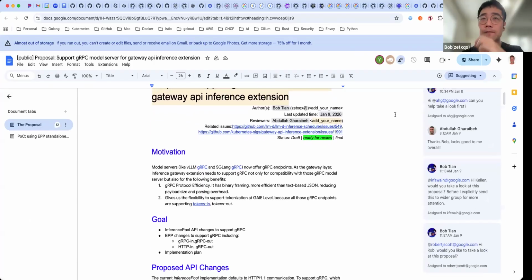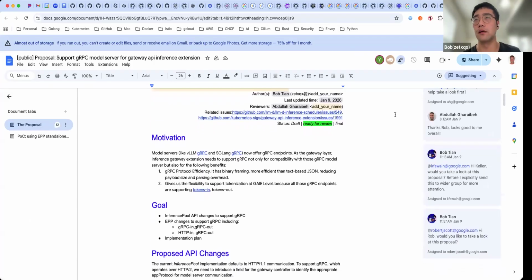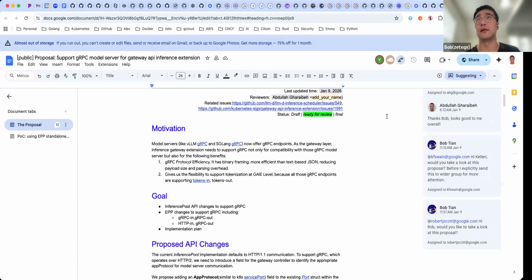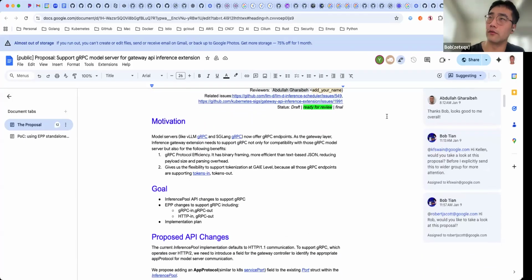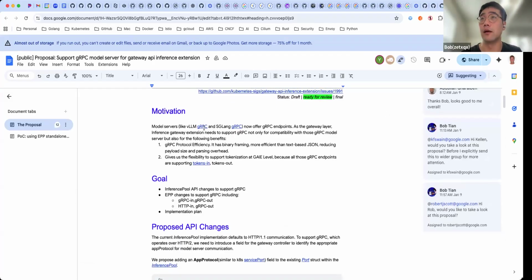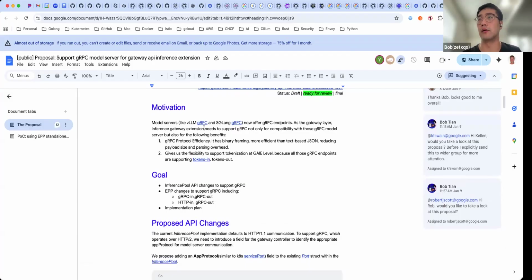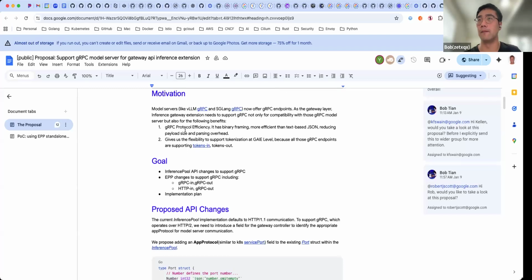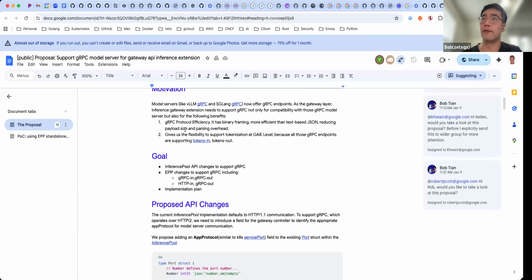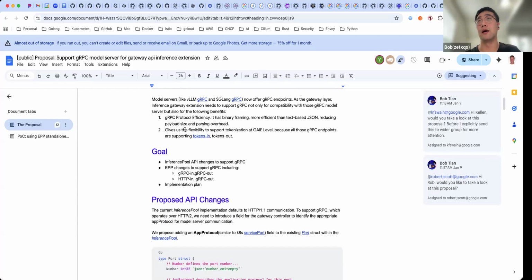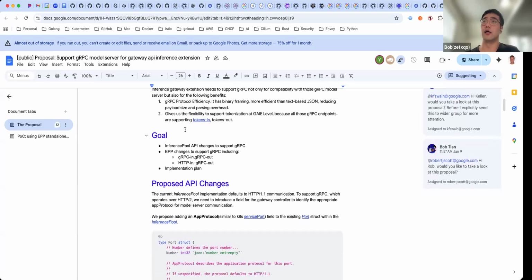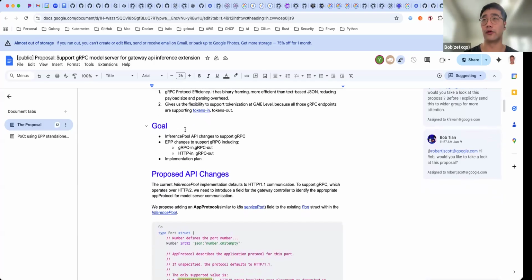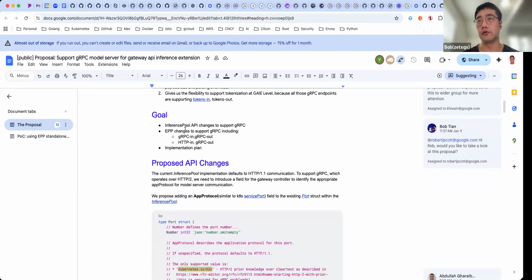Yeah, just want to present this. The main motivation is that vLLM and SGLang all have a gRPC endpoint right now. We should support it not only for compatibility, but also for a few benefits, like efficiency, and it also gives us the flexibility to support tokens in, tokens out. That means in the gateway layer, we can do the tokenization. So to support that,